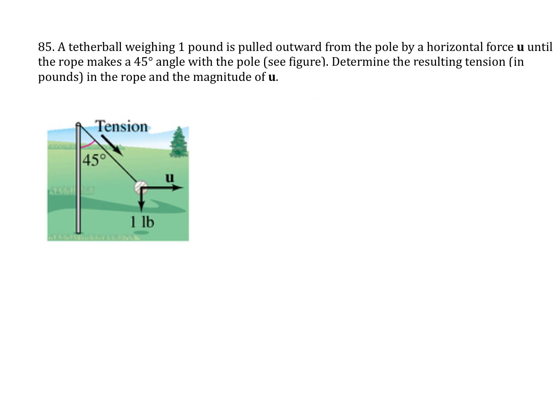So let's write down some information we know from our figure here. U is the ball being pulled outward, and let's make the center our origin. Therefore U is being pulled out at 0 degrees. Then we have the tension of the rope. This is 45 degrees here, so we can say that this is 135 degrees here. And then with the weight, that's 1 pound, so I'm going to call that W, and